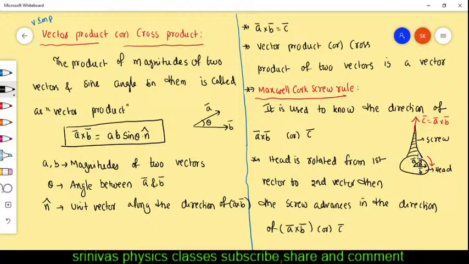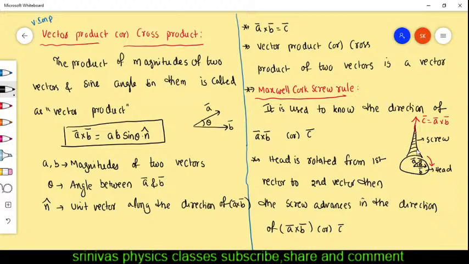Now what do you have to do? You have to rotate the head from A bar to B bar, first vector to second vector. When you rotate the head, the screw moves either forward or backward. When you rotate the screw clockwise, the screw moves forward and pierces into the wall. For example, you are fitting a screw into wood. When you rotate clockwise, the screw advances and enters into the wood. When you rotate anti-clockwise, it moves away and comes outside from the